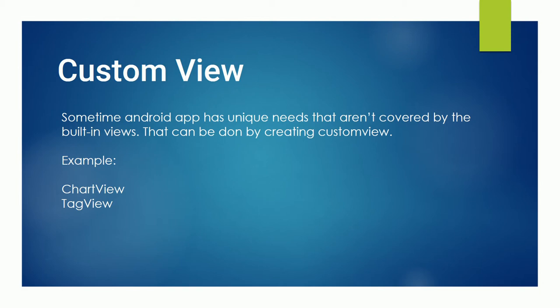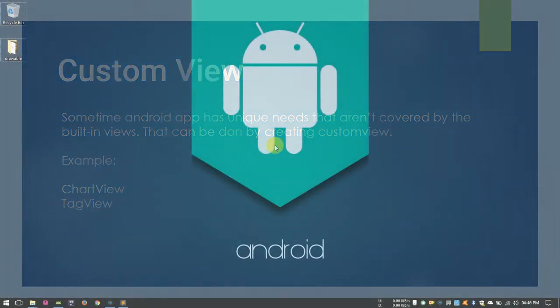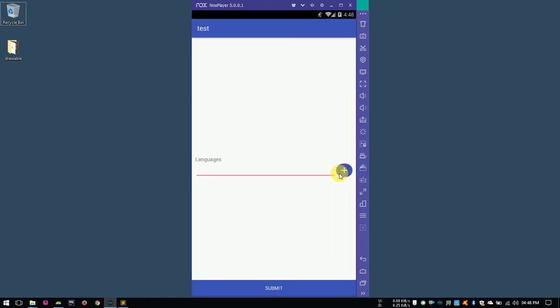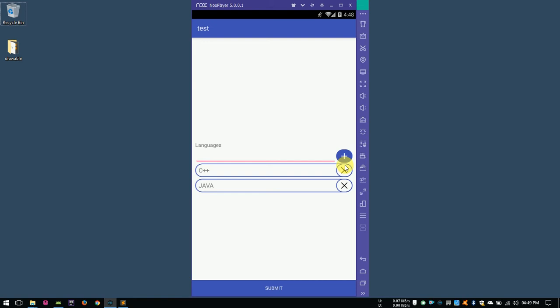For easy understanding, we are going to create a custom view which will contain more than one generic view. Let's see an example. Let's take qualification. A user can have 0 or more qualifications. So, we are going to create a custom view for this scenario. The user needs to select a qualification from our suggestions. Also, he can give his own if we miss any. So we need to use an autocomplete text view for giving suggestions, a list view to hold the selected qualifications, and a button to add the selected item to the list.